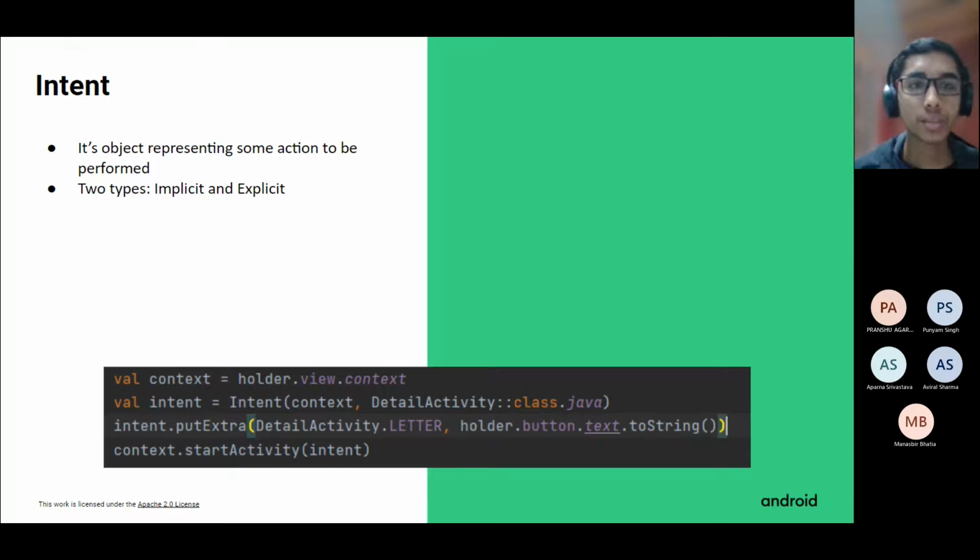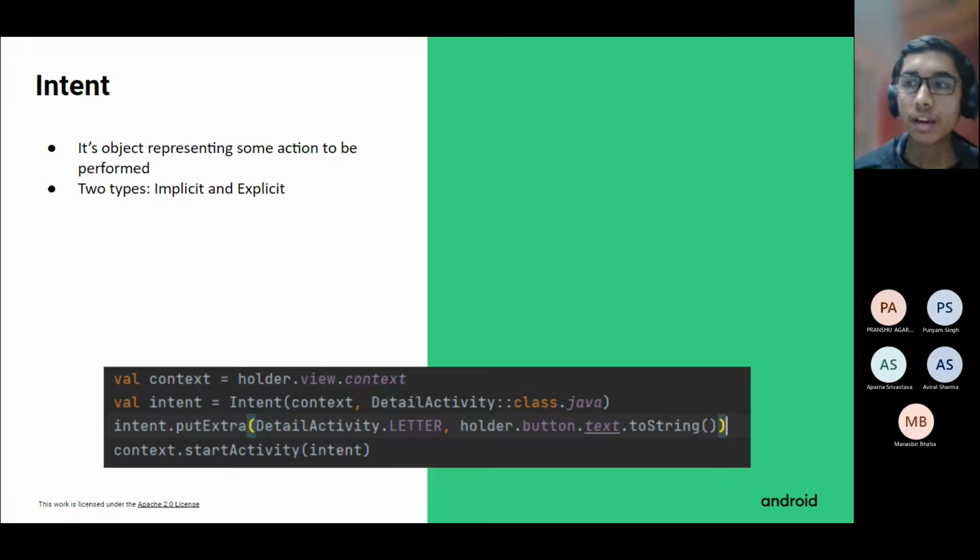Now, if you look at the piece of code afterwards, you see that first you declare the context, because that is what is required to start an intent. You need to have a bit of information about the current app context in which it's running, and some more information about that. And then after that, you declare your intent saying that this is the context, and we want to launch this detail activity. So this is basically an explicit intent. So you're saying that inside our app we have this activity called detail activity, and I want to launch that using this intent.